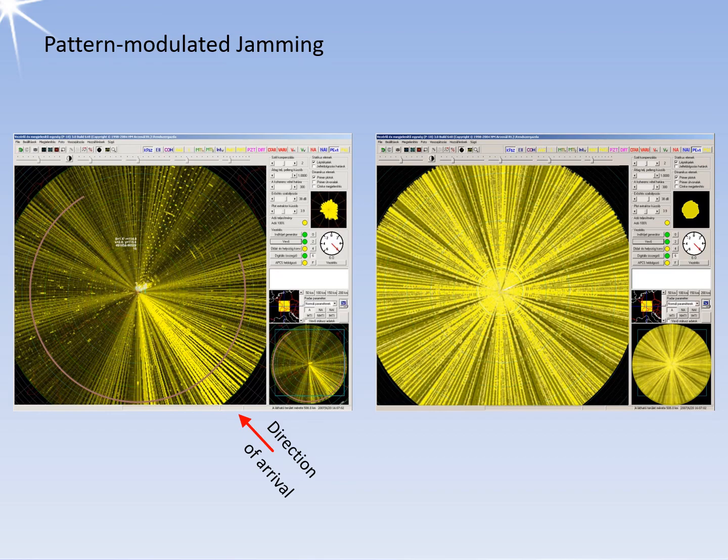In the past, the direction from which the jamming was transmitted could be determined based on the jamming signal strength. Modern jamming equipment measures the horizontal antenna pattern of the radar antenna and modulates its jamming signal strength in the opposite direction to this pattern. As a result, the direction of arrival of the jamming can no longer be determined. This is a particularly good example of using electronic support: here the reconnaissance of the horizontal antenna pattern, for an immediate reaction.